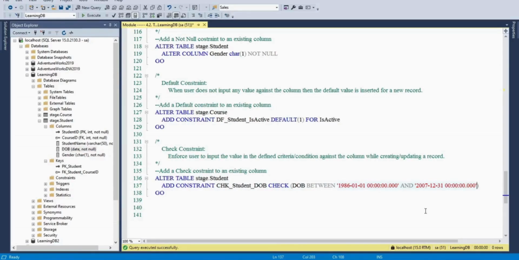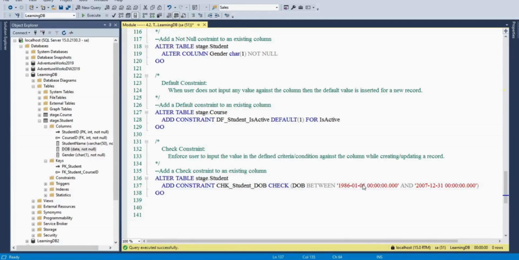Say there is a criteria for our course enrollment, that the minimum age is 18 years to enroll for this course. So in that case, how can we make sure that the student who is enrolling has a date of birth in the range between